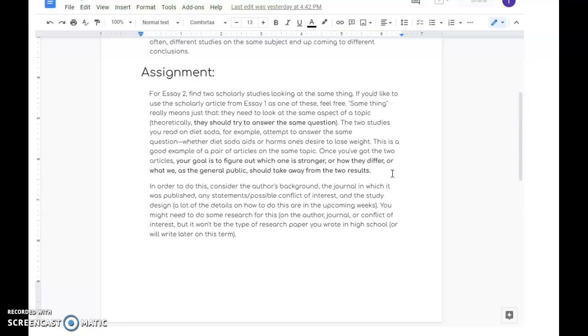Every scholarly study is trying to answer a question, okay? What's the impact? How much homework do kids get, and what's the impact of that homework on their academic well-being? That's a research question. You know, is your taste preference linked to your antisocial behaviors? So there's a correlation between this. Those are research questions. So what we would really want is to try to find two scholarly articles that answer